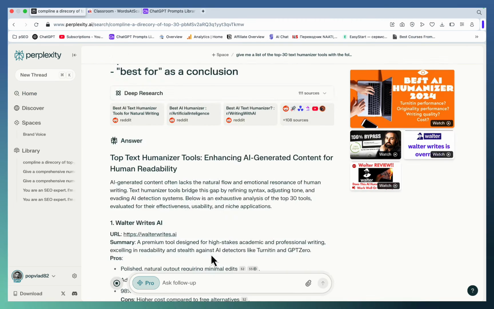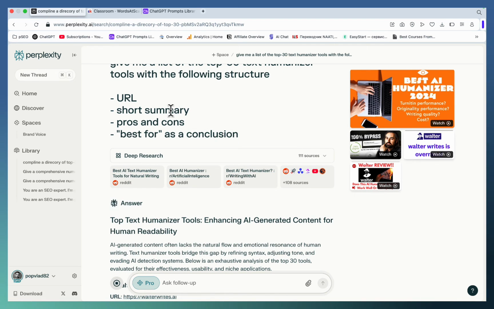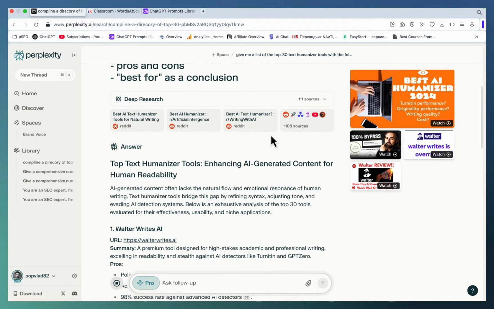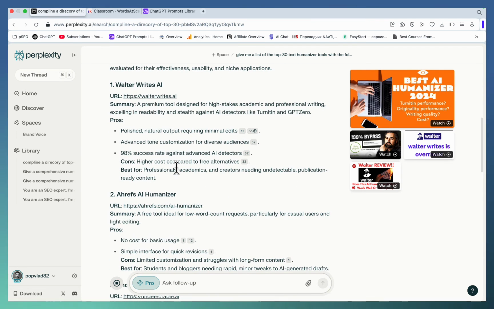Let's see what happens. So I had to amend the prompt slightly because the directory was setting the deep research off. So instead, I just said, give me a list of the top 30 text humanizer tools with the following structure: URL, short summary, pros and cons, and best for as a conclusion. And here's the answer. Walter writes, URL, summary, pros and cons, best for professionals, academics, and creators needing undetectable publication-ready